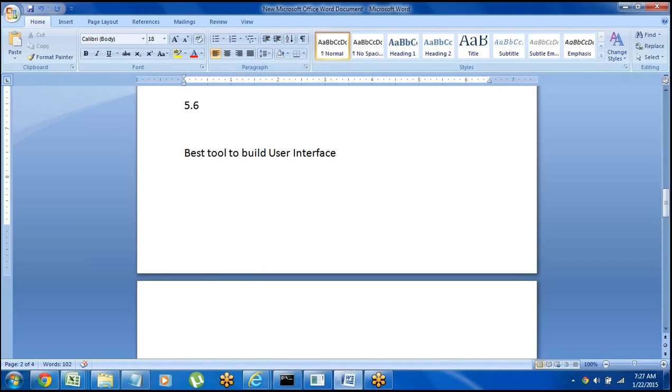We just use the predefined controls, all the controls are available. We just need to select the required control for a property. Whenever we create a property, we just add the required control and drag and drop the property into the user interface. So it is the best tool to build the user interface. It saves so much development time. Normally most of the time is taken in building the user interface, but here it saves so much time when we compare with other traditional programming languages.